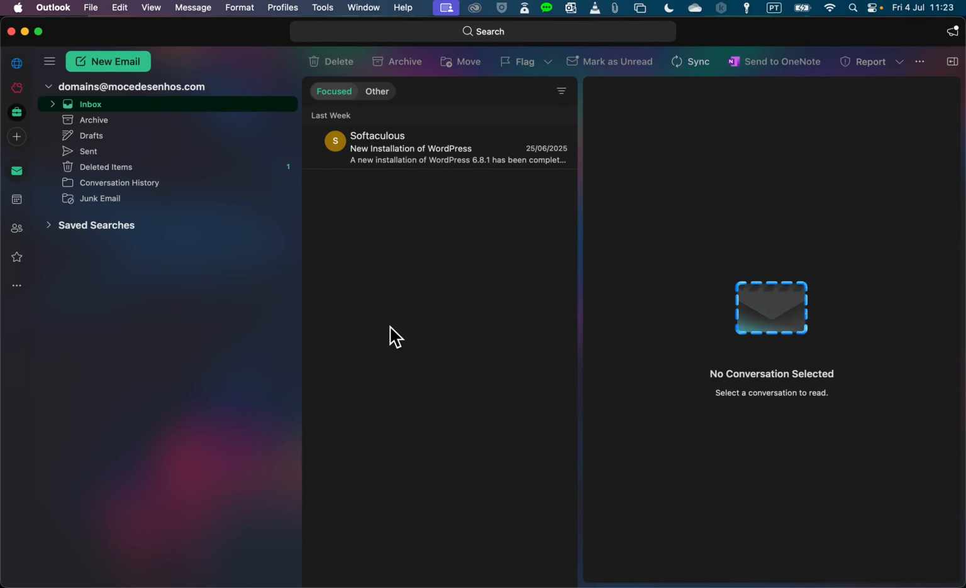Hello there, my name is Celcio, and in this quick tutorial, I'll show you how to add your webmail account to Outlook. Okay, so when you get to Outlook, provided that you already have different email addresses there, even if